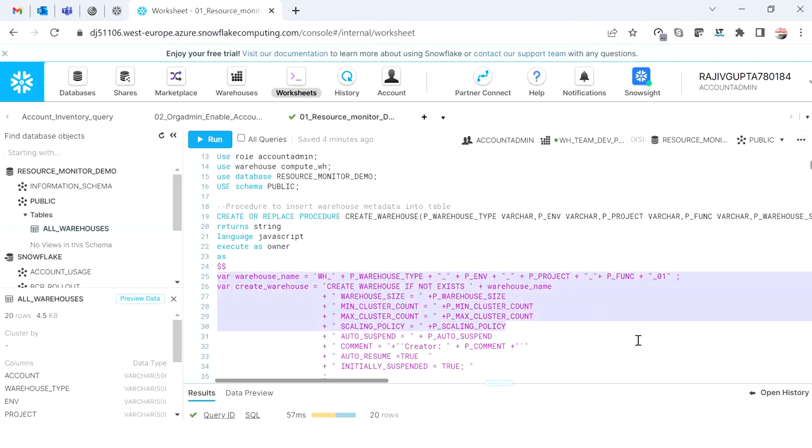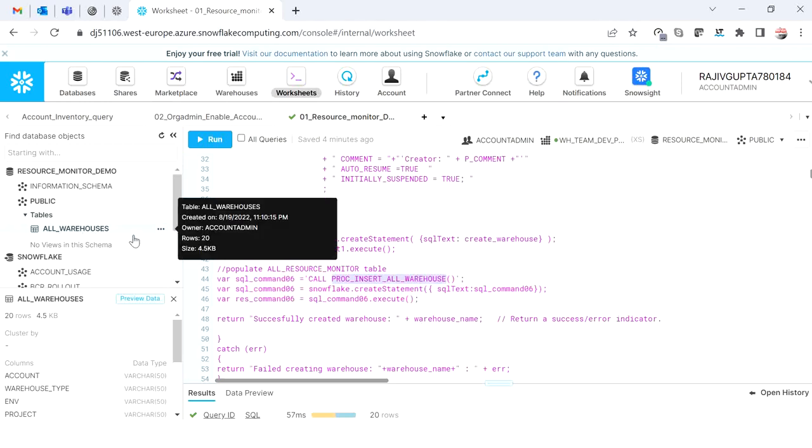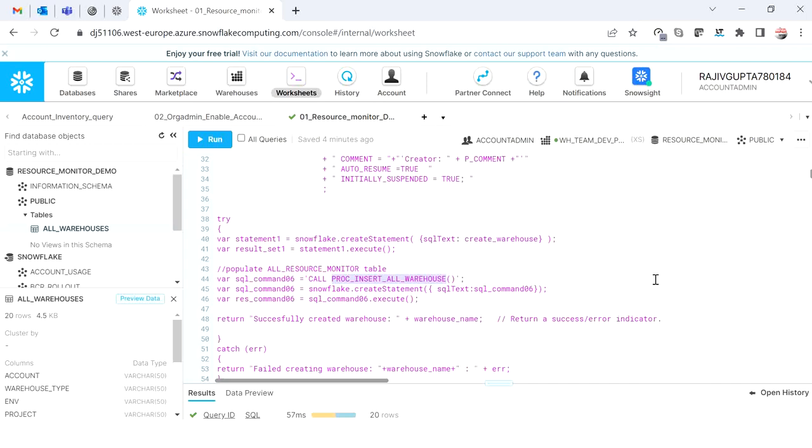because whenever I am creating any warehouse, I want my all warehouse table to be up to date. So rather than executing this procedure manually every time, whenever somebody creates any warehouse, it will automatically populate the table, and whenever I query this all warehouse table, by default I will always get the latest data. The only prerequisite for this is that we are not going to create any warehouse manually, because in that scenario, unless this procedure is executed, we will not be able to store the data,